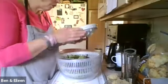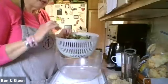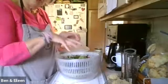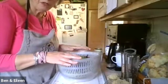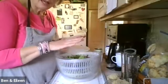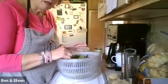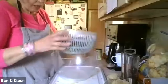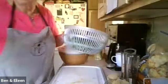So I just took the basket and put it on my scale and zeroed it and then measured in 5 ounces of greens. And then I filled this up with water. Even though it says pre-washed, you want to re-wash your greens for safety. That gets any of the manure, or even if it's organic, you want to give it a good cleaning. So then I drained the water off, and this is how much water was still draining when I just